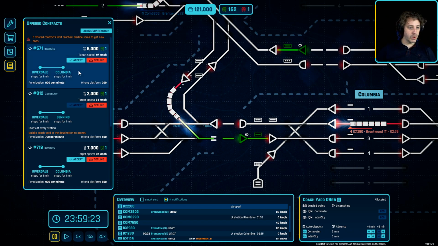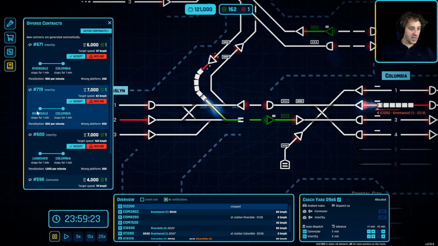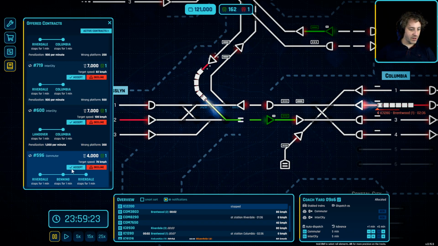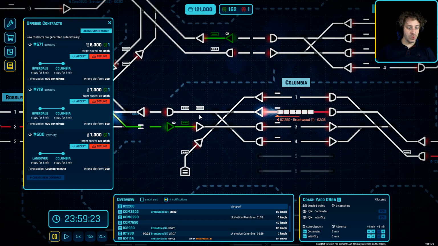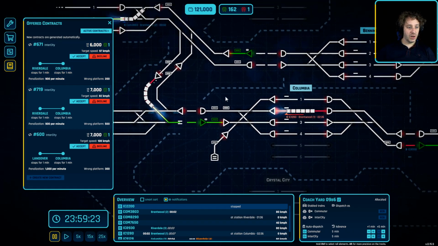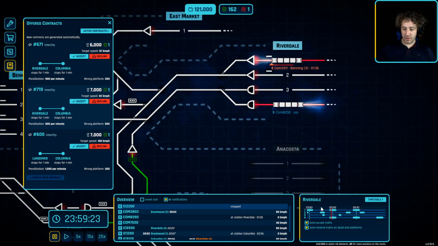Right, so we're not... oh, hang on, here we go. Intercity to Columbia. I'm not interested in that one. Intercity from Columbia. Intercity to Columbia. Okay, so we've got some good ones here ready for this coach yard again. So let's do Intercity to Columbia from Riverdale. Okay, we need to check Riverdale timetable here. It's very